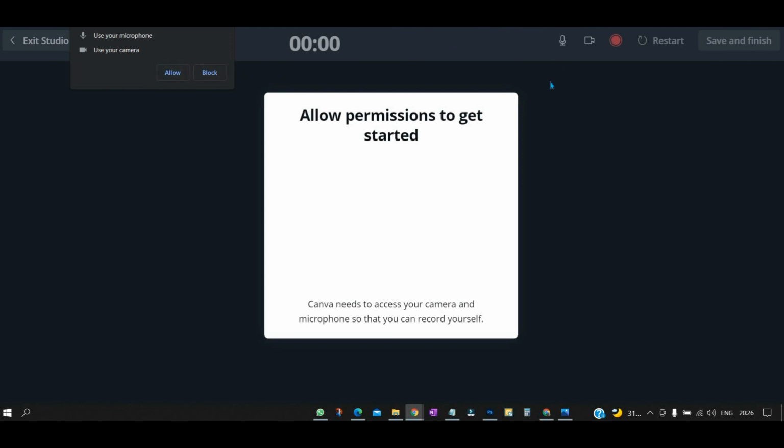So in this video I'm not going to show you this one, as we have some time issues, so I cannot show you everything. You just have to allow it, and you can record at the same time. If you have your scripts ready, you can literally record everything using Canva. So you need not head over to any other software to do the same, right? So let me cancel this one.